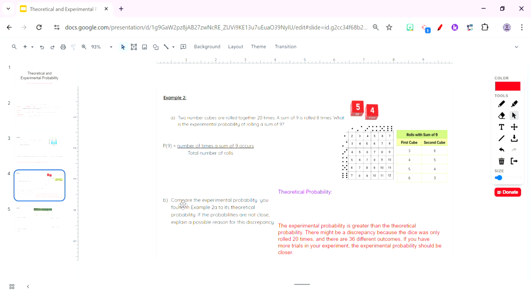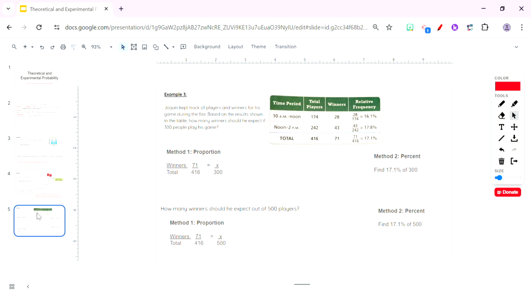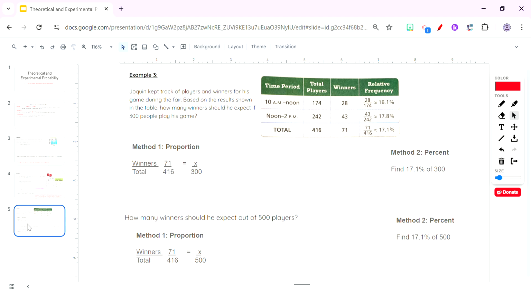Okay, and in our last example, Joe Quinn kept track of players and winners for his game during the fair. Based on the results in the table, how many winners should he expect if 300 people play his game? Okay, so let's look here in our table. So we have